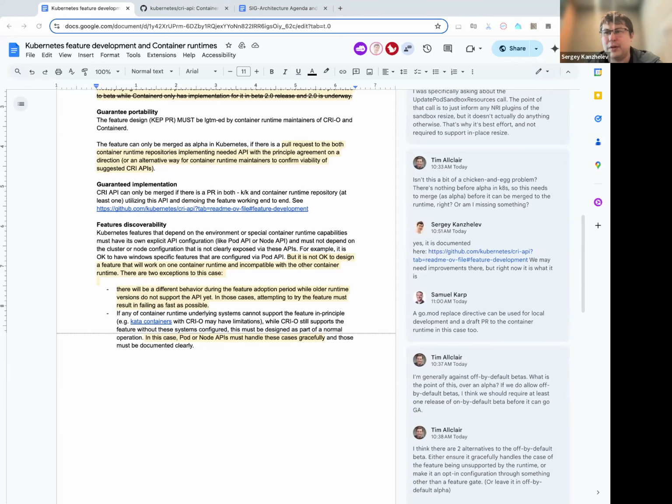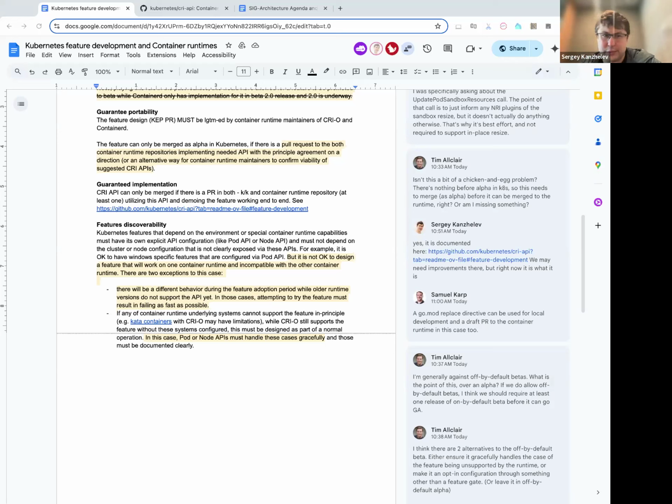This thing is talking about features we implement, and that features need to be not only implementable in the sense like people implement the feature, like a reaction of some CRI API is a no-op. Like we have an API, we react on it, but we don't do anything. We want features to be actually working on both container runtimes, and we don't want to design any features for Kubernetes that is not